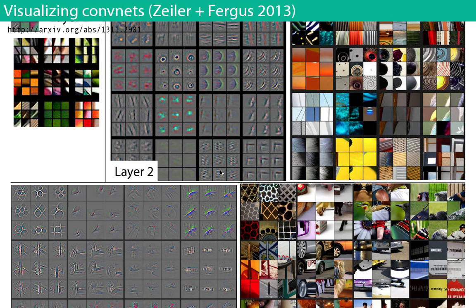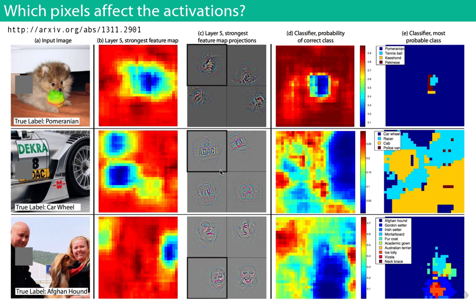And you can also do these neat experiments where you look at how the responses to the activations change when you occlude parts of the image. For example, this is a Pomeranian. It's labeled as a Pomeranian. We have this gray box that we can slide around to occlude parts of it and then measure the response of the Pomeranian class. If we move this thing in front of its face, the correct probability of that class diminishes, because we've covered the part that makes it think it's a Pomeranian. So if we cover its face, the probability of it being classified as a Pomeranian goes down.